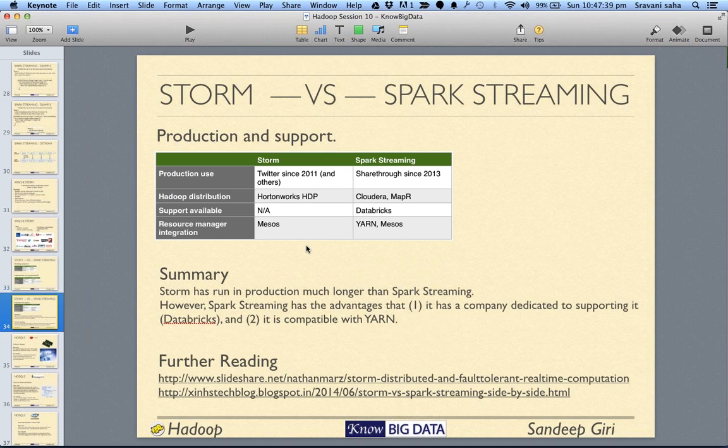And if you have Yarn already, you would like to go with Yarn if you do not need less than a second's delay. If you are okay with a second's delay in case of real time, then you will go for Spark. In case your latency acceptance is in sub-seconds, less than a second, then you would go for Storm. All right. You can go for further reading on these URLs. So Storm is not yet compatible with Yarn. To run the Storm, you will have to do separate installations.